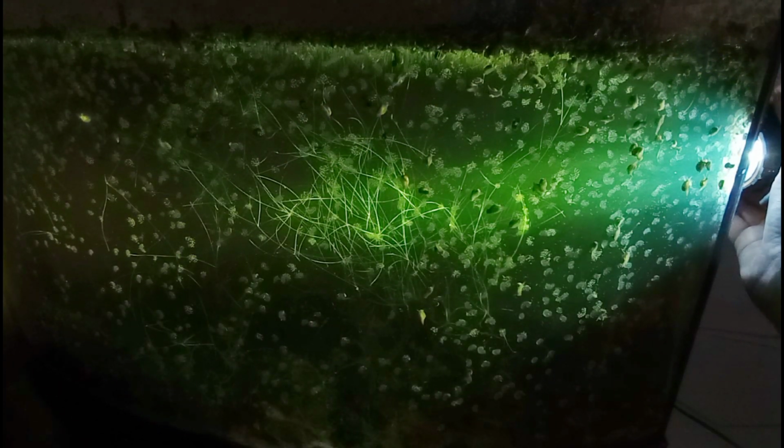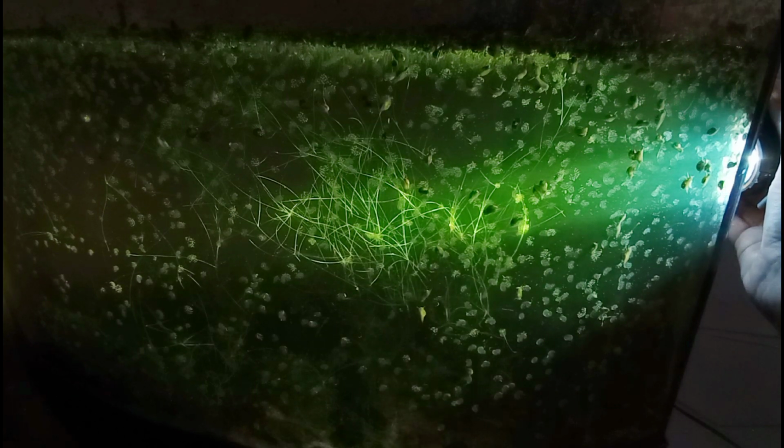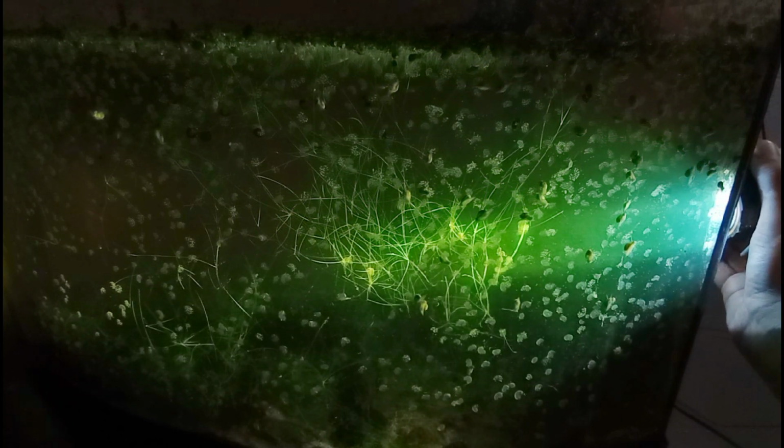Now, I don't have the huge budget, the big income, the huge investment to build the tanks like we see on YouTube. I just can't do it. So I run low tech, low light, low cost aquariums. So this is the bow front tank, and it is very dark inside, but with our handy dandy flashlight, you'll see that we have spike rush in here,